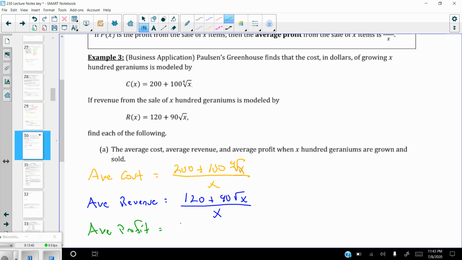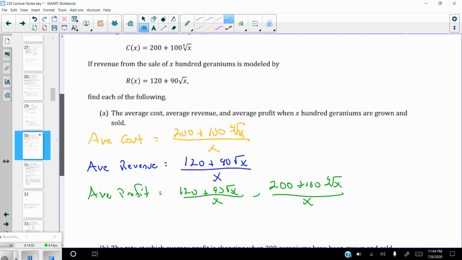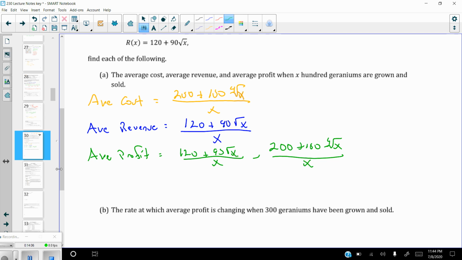So the average revenue minus the average cost. Now, in this case, both of these fractions are divided by X, so technically they already have common denominators. So what we can do is go ahead and combine the numerators. We're going to do that in this case, just because this video will be relatively short compared to the other ones. So if we combine this whole thing over one common denominator of X, we're going to get